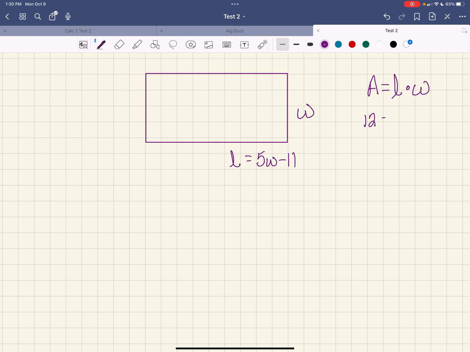So my length times my width is going to be 12. Do I know what my length is? What is it? Exactly. So I can rewrite this as 12, and instead of putting the L in, I can put 5W minus 11. Now I have my equation. And typically it's getting the equation together